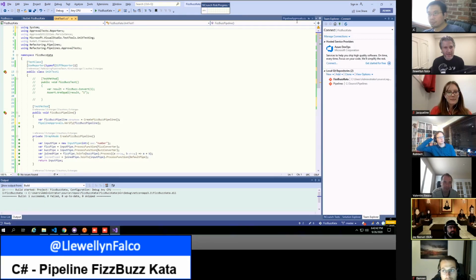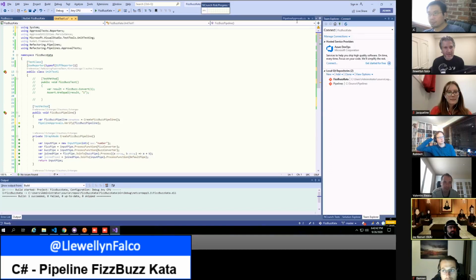Regular approvals. Verify all. Empty header, I don't care right now. But the enumerable is going to be enumerable from 1 to 20. Dot range, yeah.